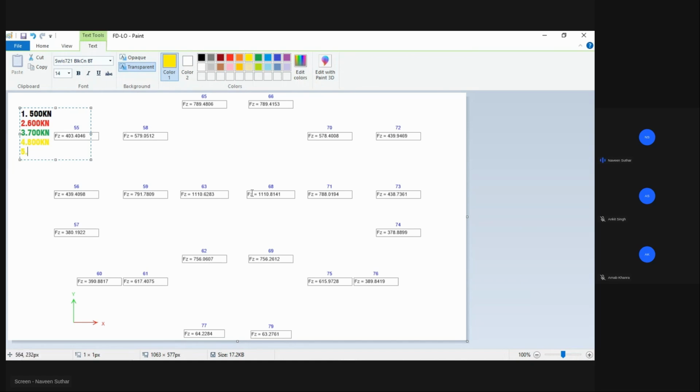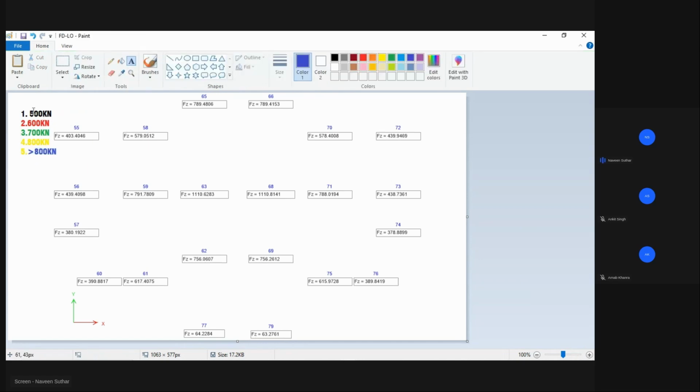And in the fifth group, greater than 800 kilonewton, it will be blue. So we have made five groups here, you can see. Up to 500, this is the first group. So what we will do is